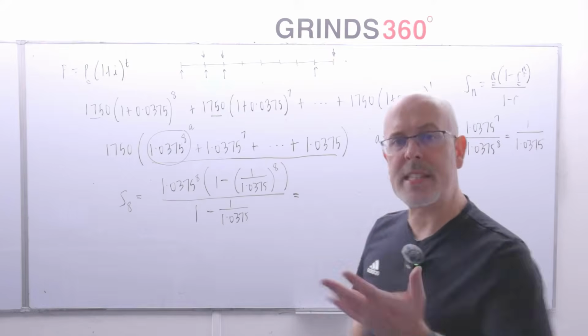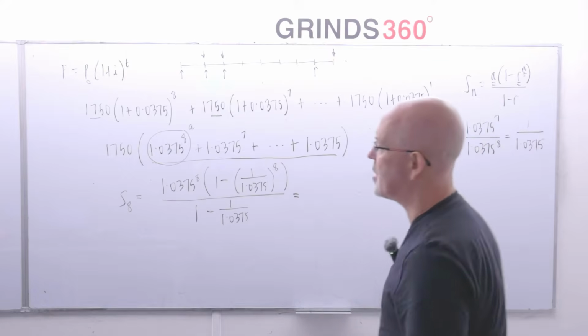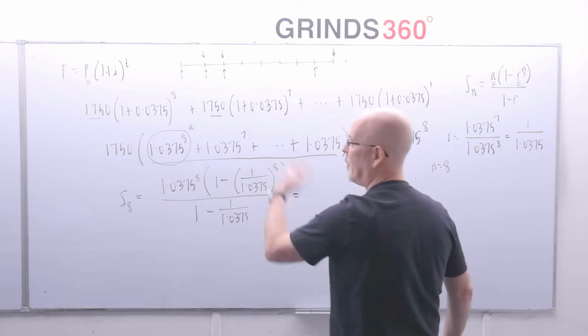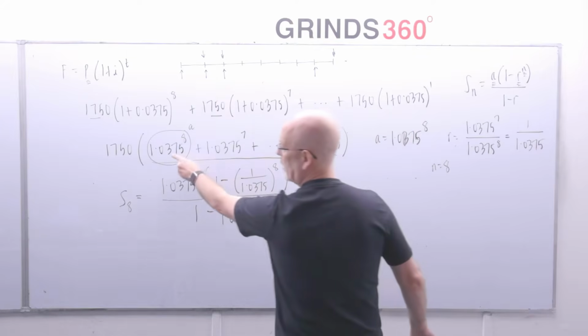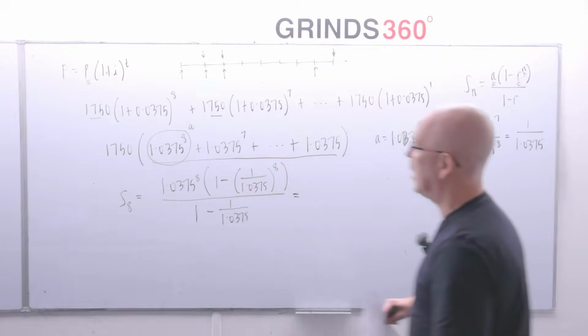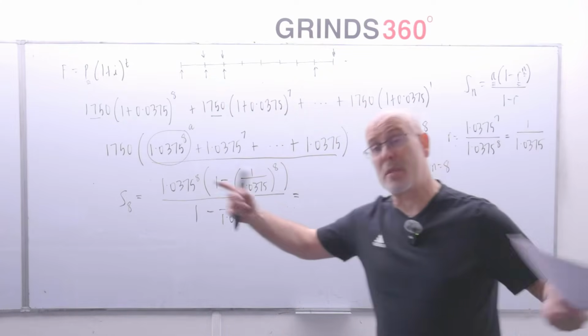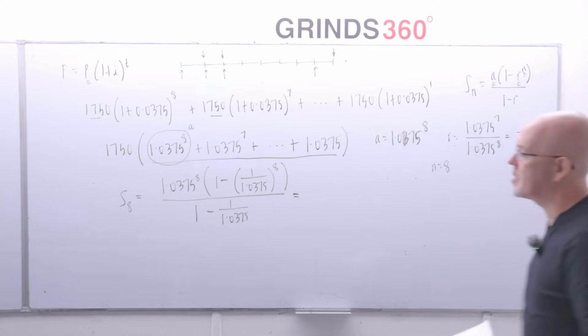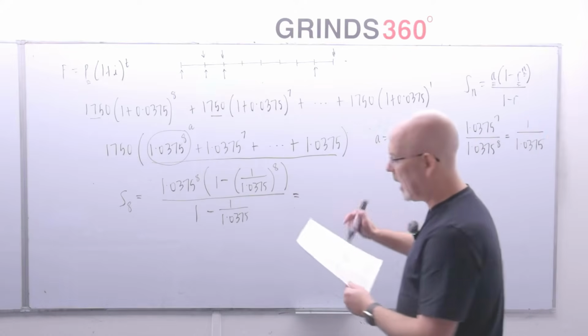Okay? So it's easy to identify A, OR, and N. A is whatever's first in the list of numbers inside the bracket. To find OR, take the second number divided by the first one, either by hand or by using your calculator. And then N is the number of payments. The number of numbers listed is the same as the number of payments. Every year for 8 years, N is 8. And if I put that into my calculator, I get it's around about